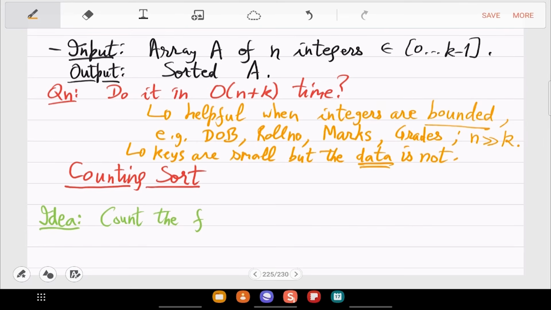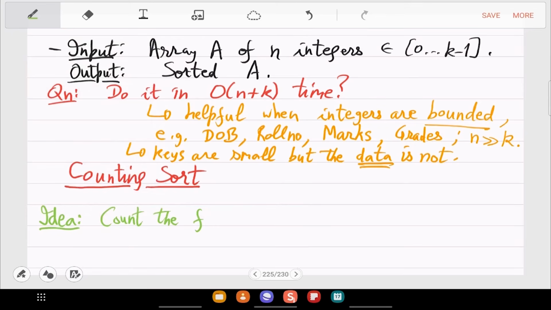Let's say in the array two students have the same marks, so student 1 appears first in the array, and student 2 appears somewhere later in the array. When the array is sorted, we want student 1 and student 2 to appear ultimately in the same order as they were present in the input.